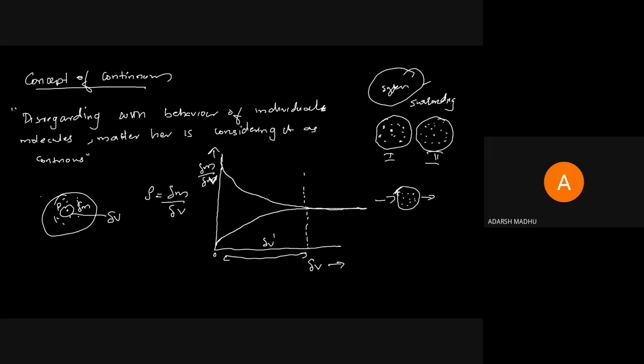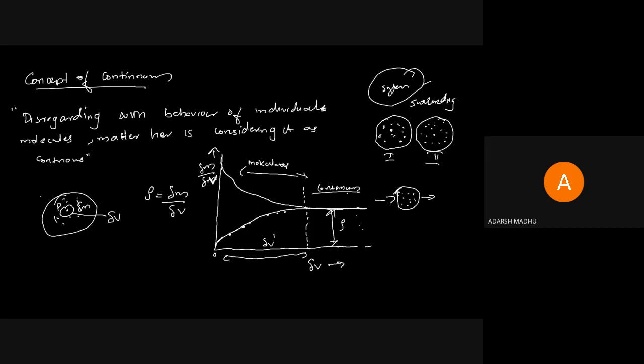There we get an average density, right? Here we get the average density as a constant value. You will get a constant value for density here. So up to this point, what is happening? The density is changing at every point when the volume is increasing. So it is a molecular type of approach, the domain of the molecular approach. And at a point when it reaches and goes for a continuous straight line, this is the concept of continuum.